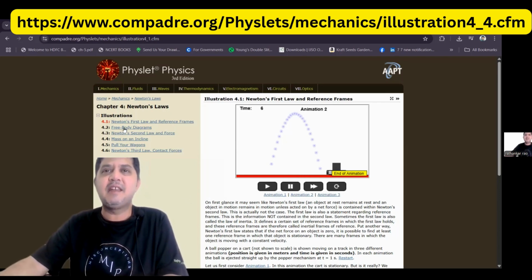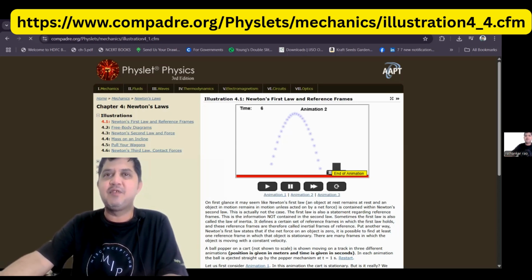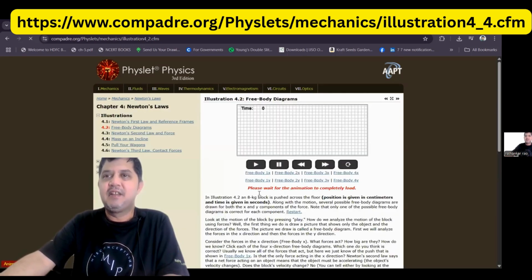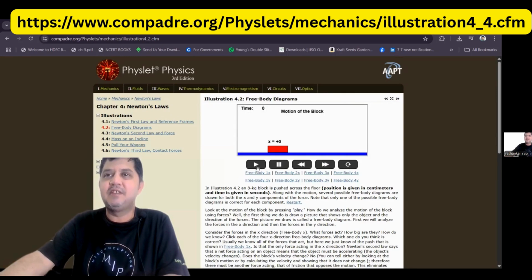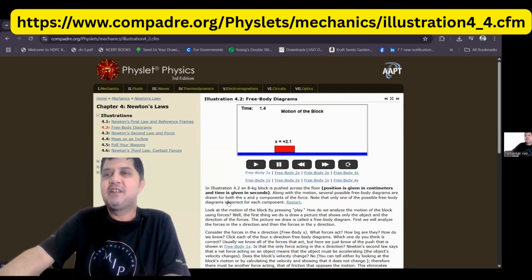And then there are several examples over here. You can draw the free body diagrams. When I click on this free body 1x, what is the free body diagram? You see normal and mg are acting over here, but only f is being shown, right? If I take the second one,